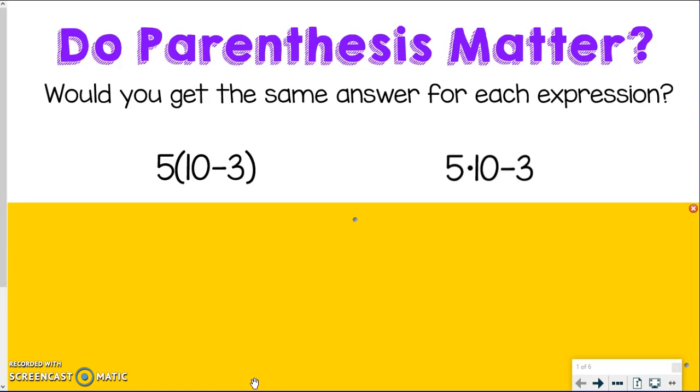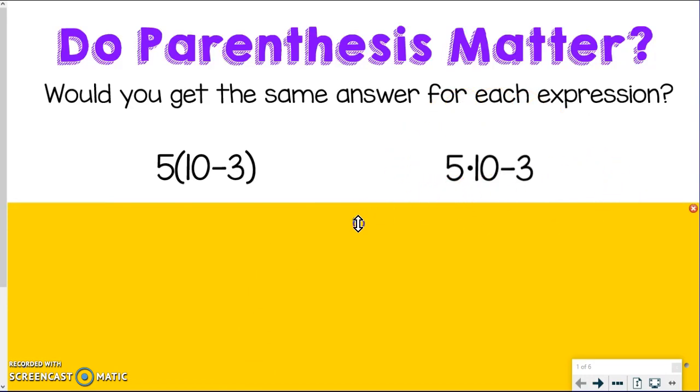So when we're asking that, we're going to look at these two different expressions to get us started. Would you get the same answer for each expression? One has parentheses, one doesn't. So let's think about our order of operations here. What would you start doing for this problem? You would start with the parentheses. So you're going to do that 10 minus 3 first. However, on this one, since you don't have parentheses, you're going to focus on the multiplication first, which is the